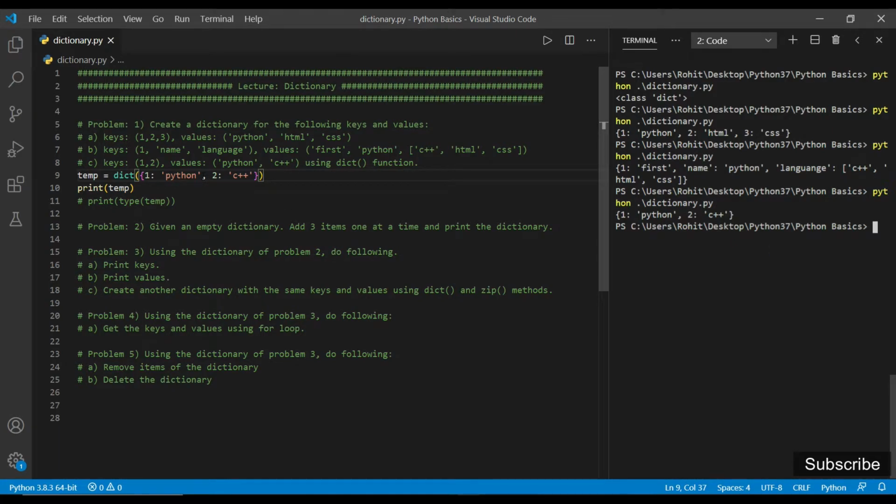Okay, so we can also provide it inside a list. So we can also write it like this.